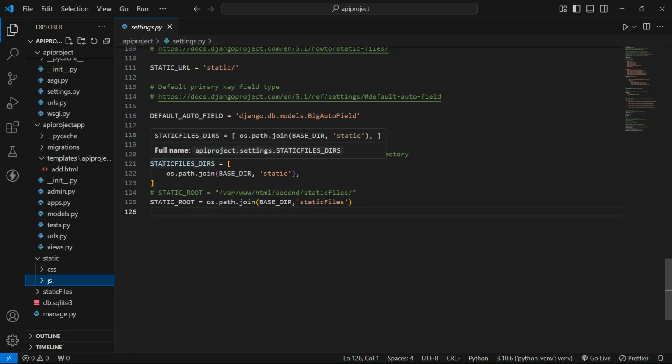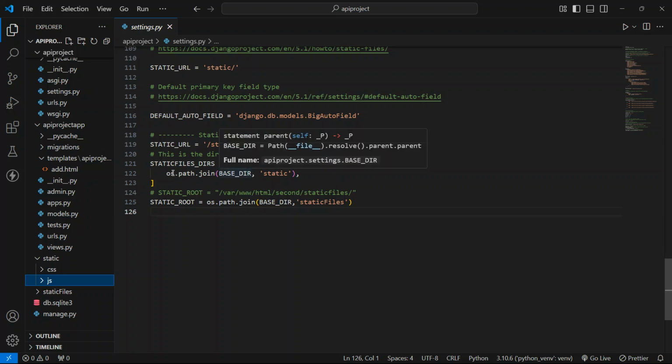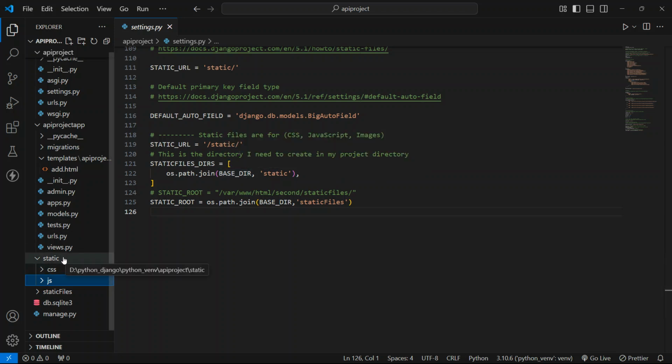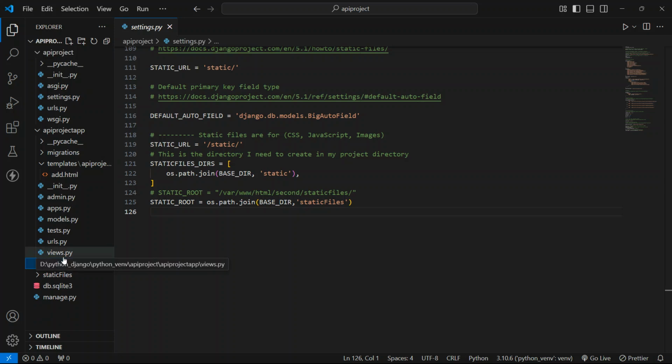After that, you can see this is the directory I need to create inside my project directory. So I create one static folder, which is not recognized by my Django server. So I have to configure that, or I have to inform my Django that I created a new folder named static. As we previously discussed about the template folder,